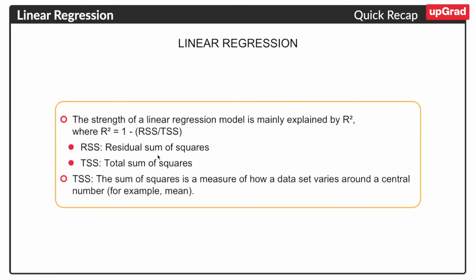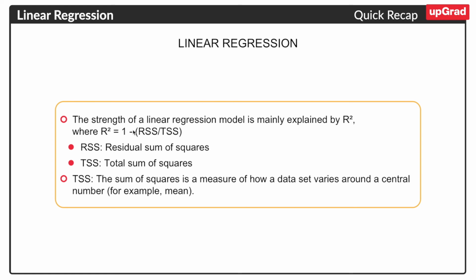So in case of TSS, what we do is we are trying to find the sum of squares of all the data points, but instead of getting the difference of yi minus y pred, what we do is we do yi minus y of mean. So we take a central number, which is the mean, and we take the difference for all the points from there. Okay, so that's how we can remove the problem of the absolute thing which is there in the RSS.